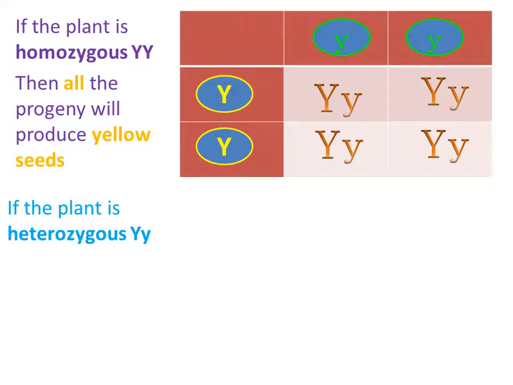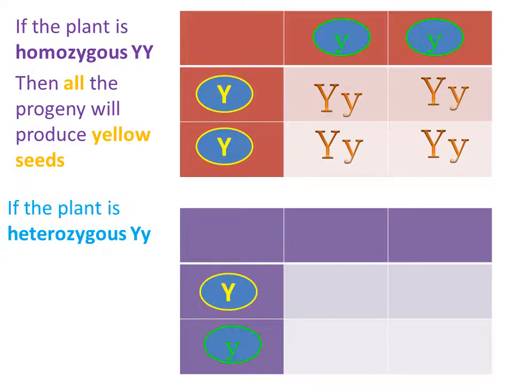Now what if the unknown plant is in heterozygous condition? We put its gametes in the Punnett square, and the method is to use a test cross, where we cross it with a recessive plant. So we put the recessive gametes. The combination of the progeny is as follows: capital Y small y, capital Y small y, small y small y, and small y small y.